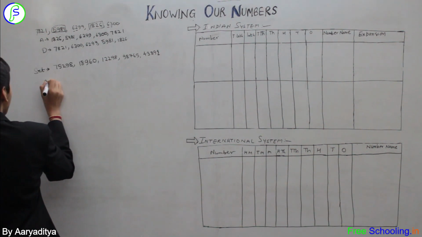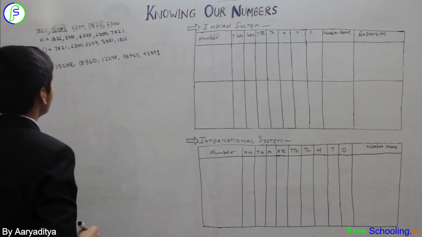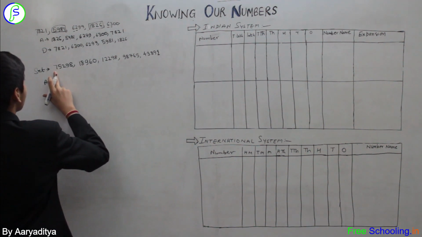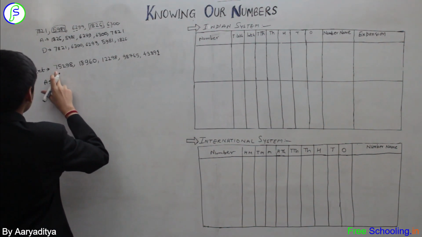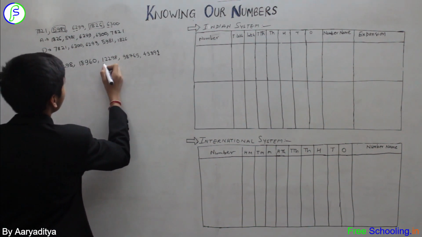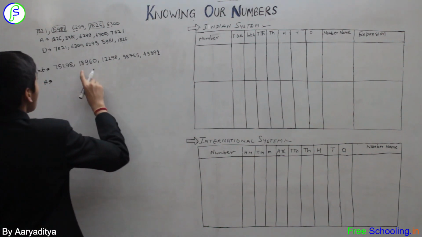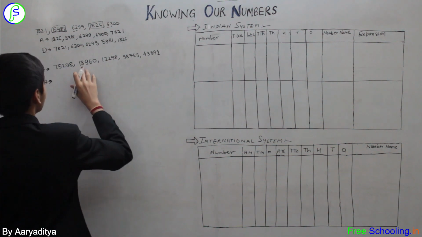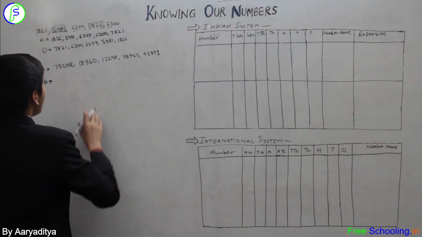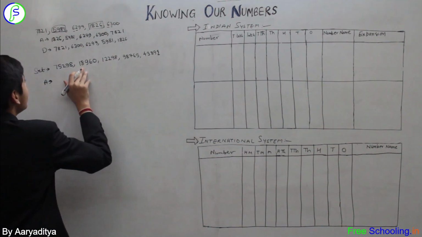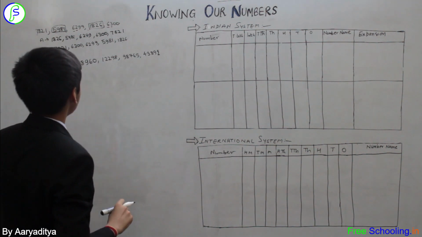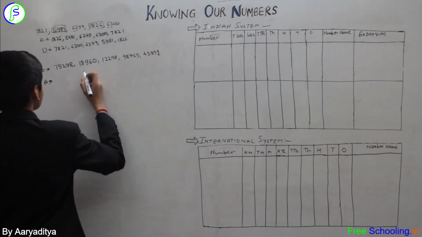Let us find out the first number, the smallest one. So looking to the leftmost digit of each number, we have a 7 out here, we have a 1, we have 1, we have 9, we have 4. So 1 is the smallest among all the numbers. But we have 1 as the leftmost digit in two numbers. So first, let us compare these two to get the smallest one of the given set of numbers.